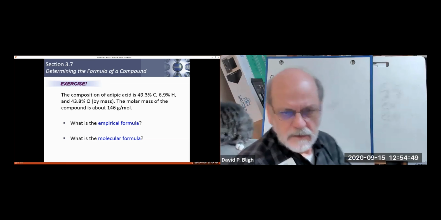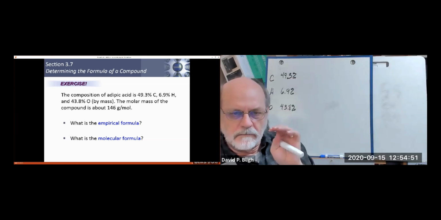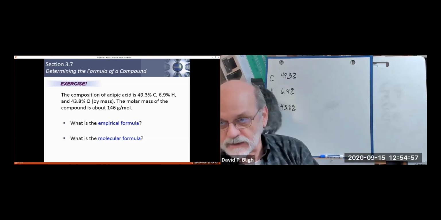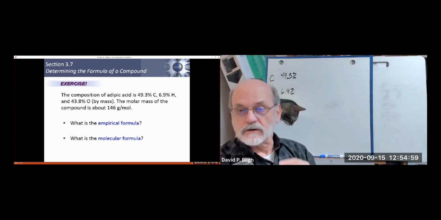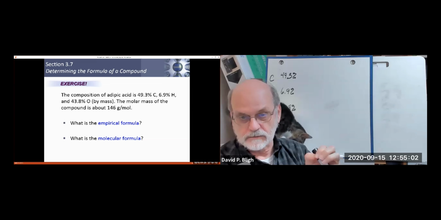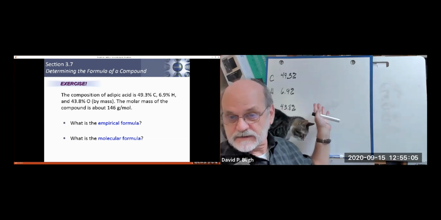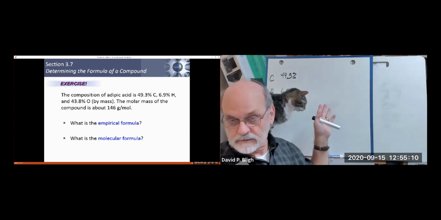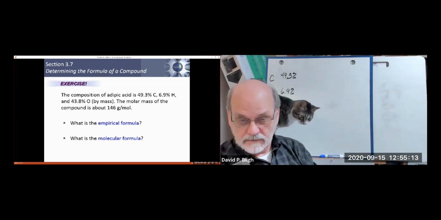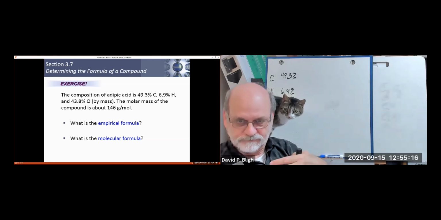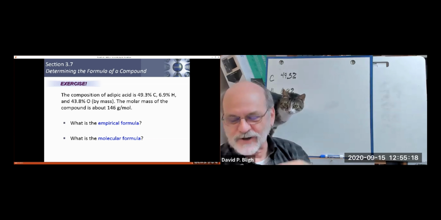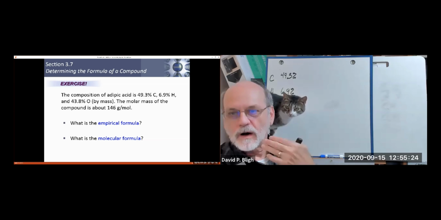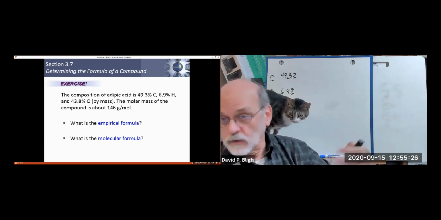All right. You have to ask yourself this question. What do we need to know in order to write an empirical formula? You need to know the ratio of atoms, right? And percent doesn't give you that. This is percent by mass, right? And you can't do the ratio based on those percent values. You need to know the ratio of atoms, or the ratio of moles is